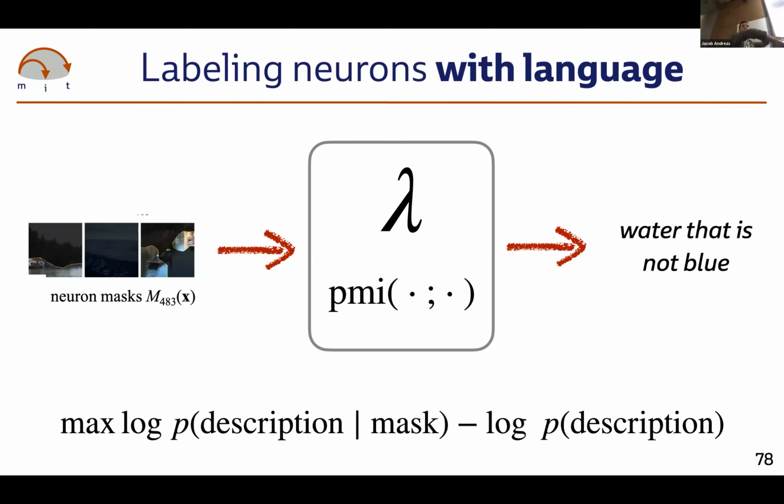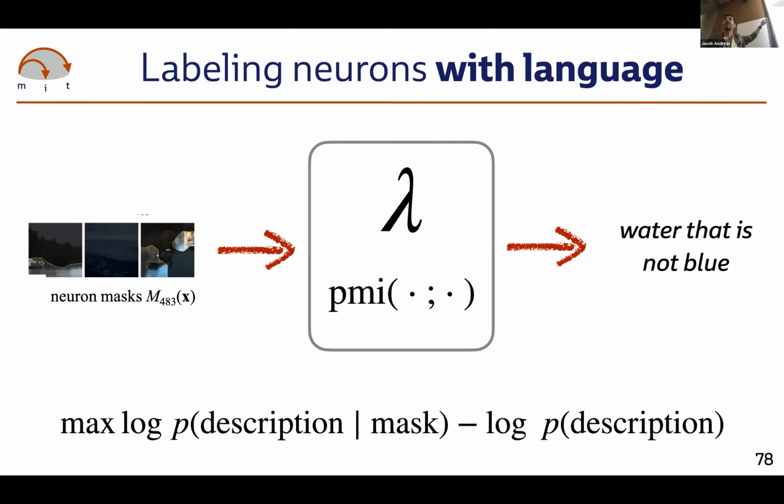And I'm really going to skip over all the details here, but you can pose this either as something that looks like a program synthesis problem or something that looks like an image captioning problem. So we're either going to try to find a little program built from primitives that we've actually implemented ourselves and we know what they do, things that detect water, look for blue regions and stuff like that, and search in the space of programs composed from these pieces until we find one that matches this neuron